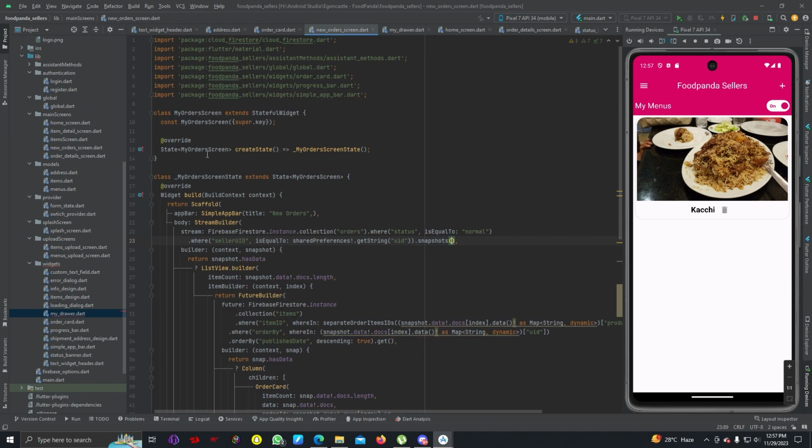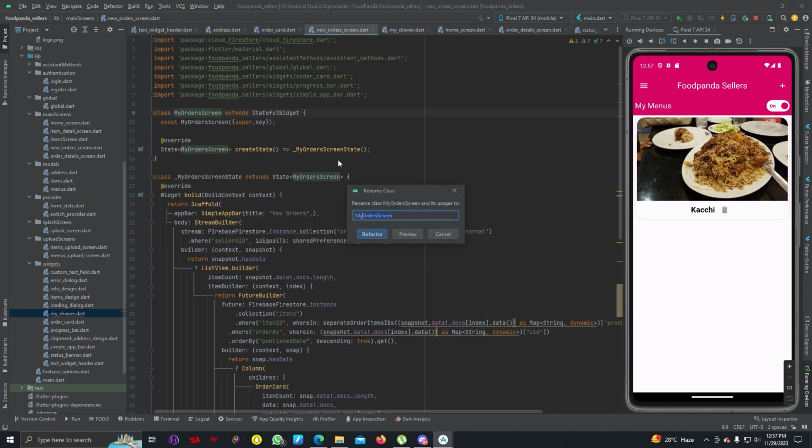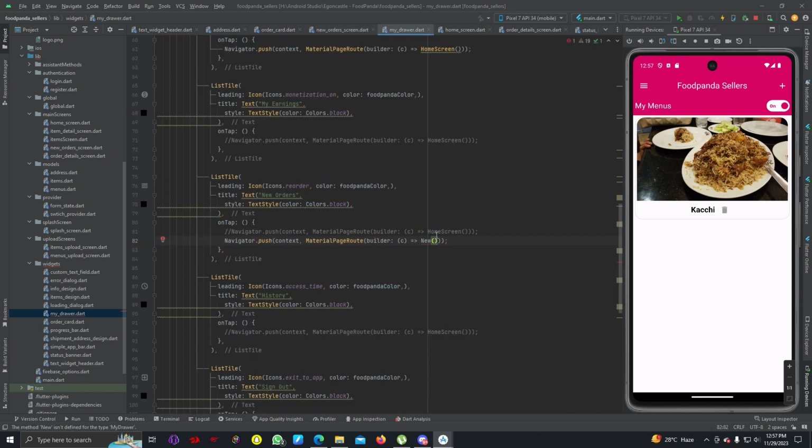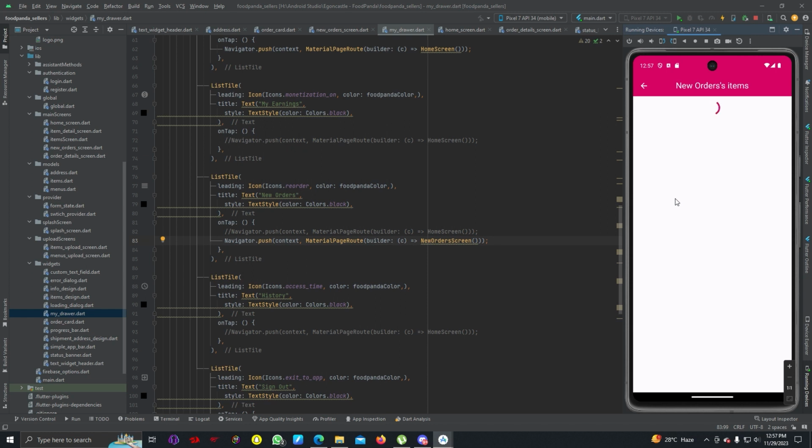We didn't change the name, so let's change the name to new orders screen. So new order screen, and that's it. Now if we go to new orders we can see our orders